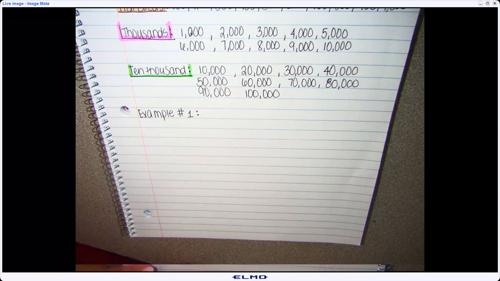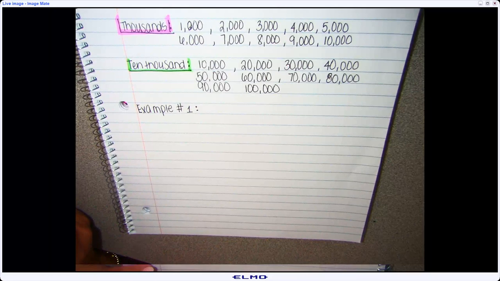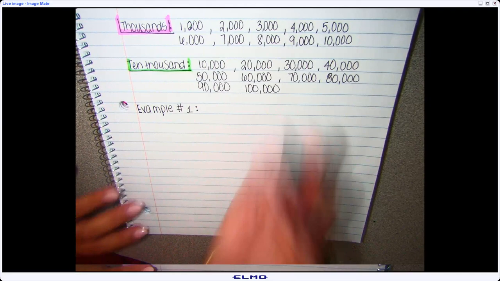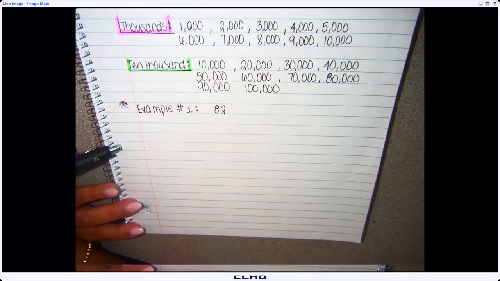All right, now we're going to start small and apply the steps, because if you can do the small numbers, you can do the big numbers. So we're going to start with a 2-digit number. Who can give me a 2-digit number? 82. So 82